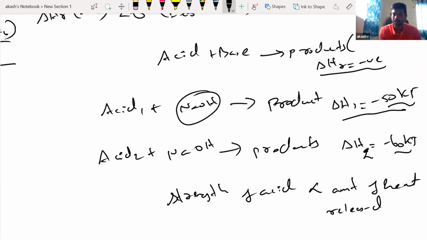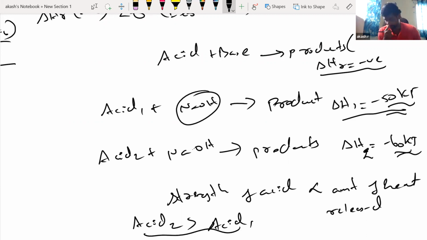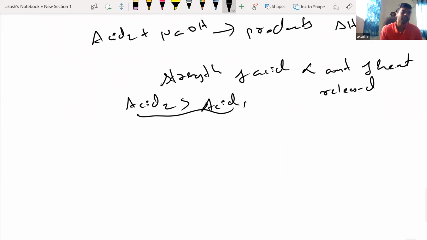Okay, so if this is minus 50 and this is minus 60, we can conclude that acid 2 is a stronger acid than acid 1. Whenever we have two different acids with different enthalpies of neutralization, whichever gives the higher enthalpy value of neutralization is going to be the stronger acid. We will be able to tell that. And whenever we have strong acids,